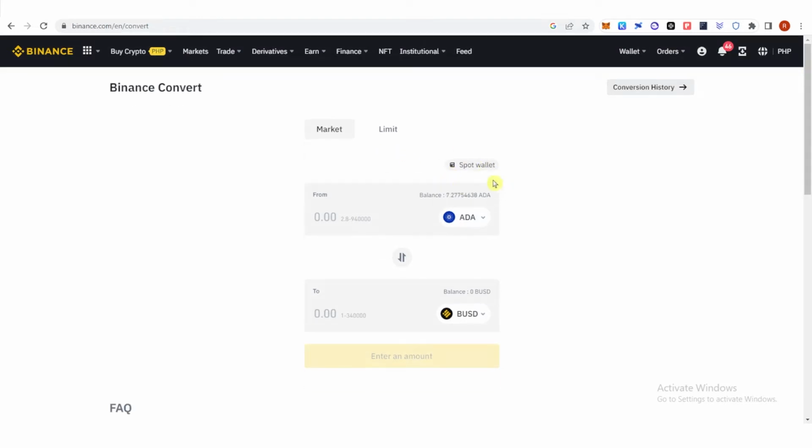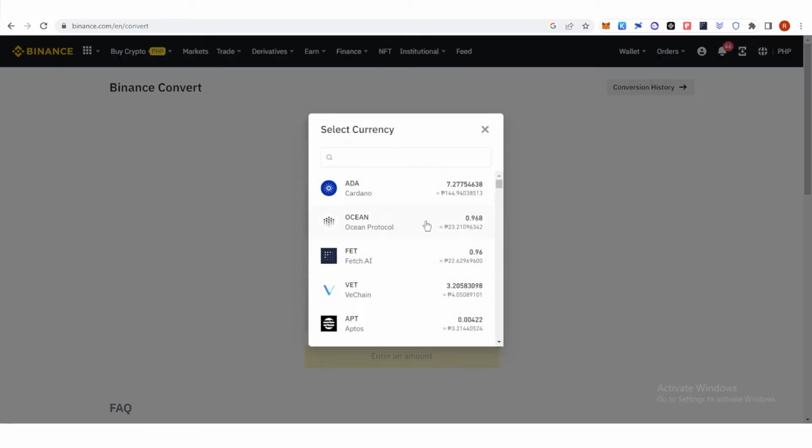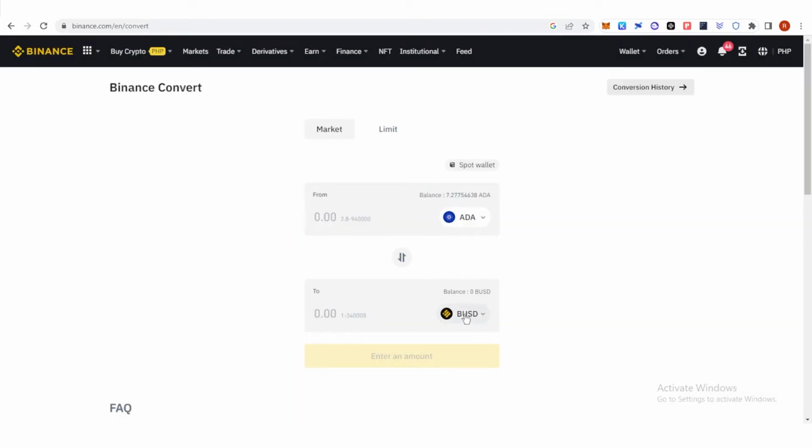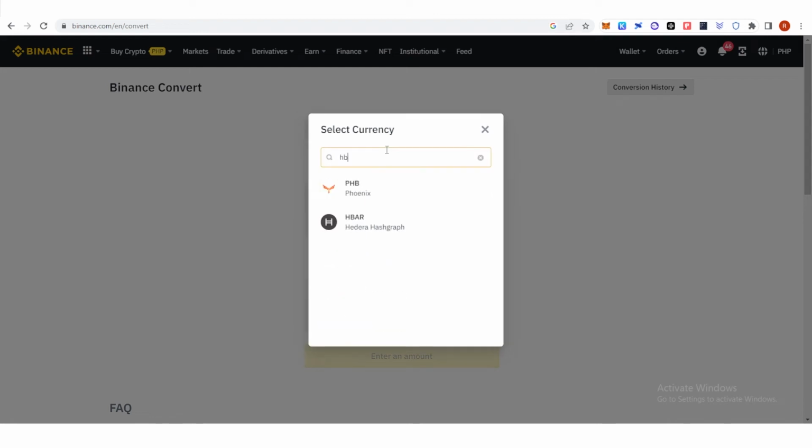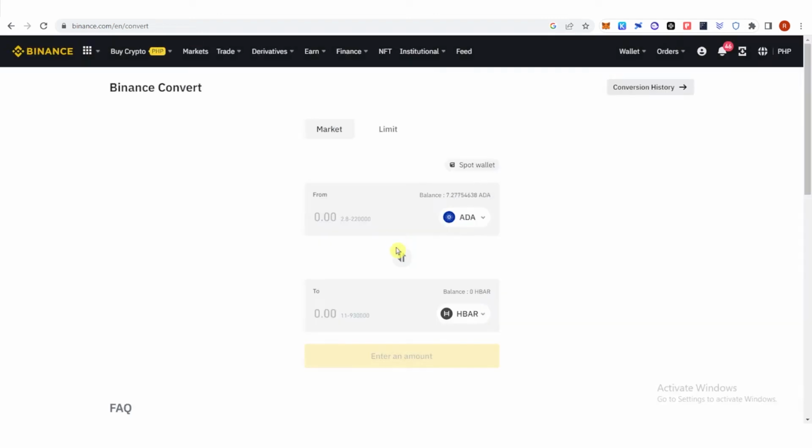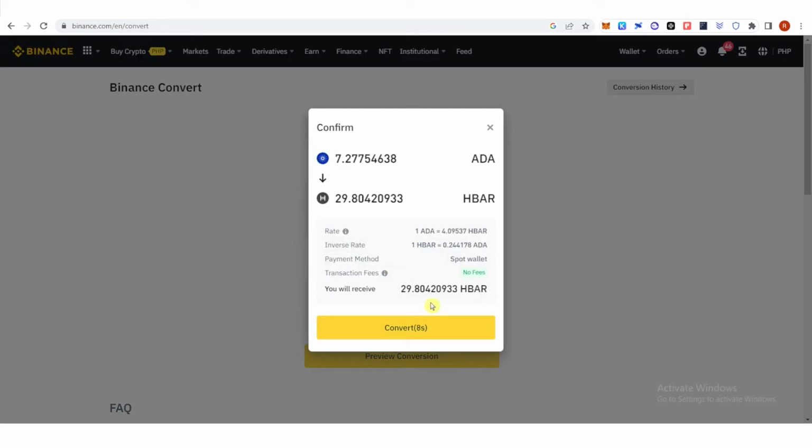Just click here and then click here and choose what token you are going to convert. So for example, I will choose ADA here and click here, type down HBar and click here, and then now you can type the amount of ADA you want or any token you have. So for example, I will convert all of my ADA into Hedera and then click preview conversion here, and you